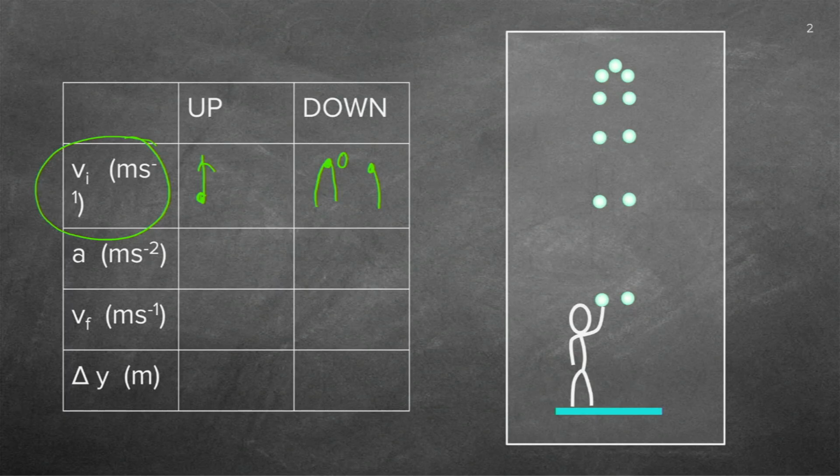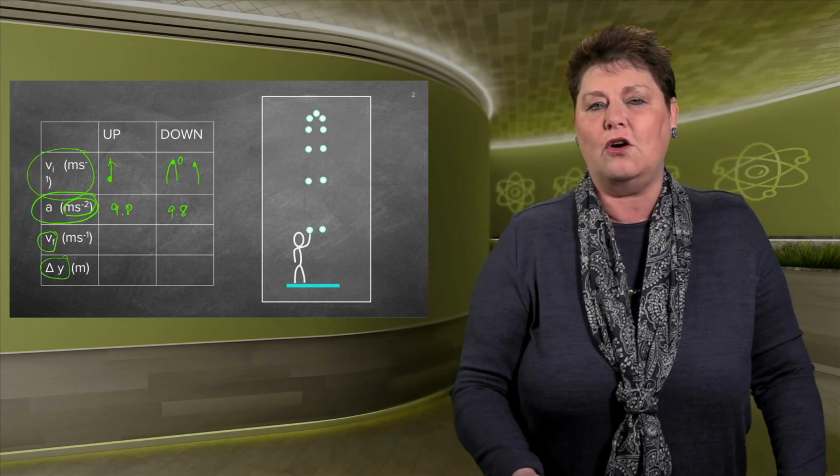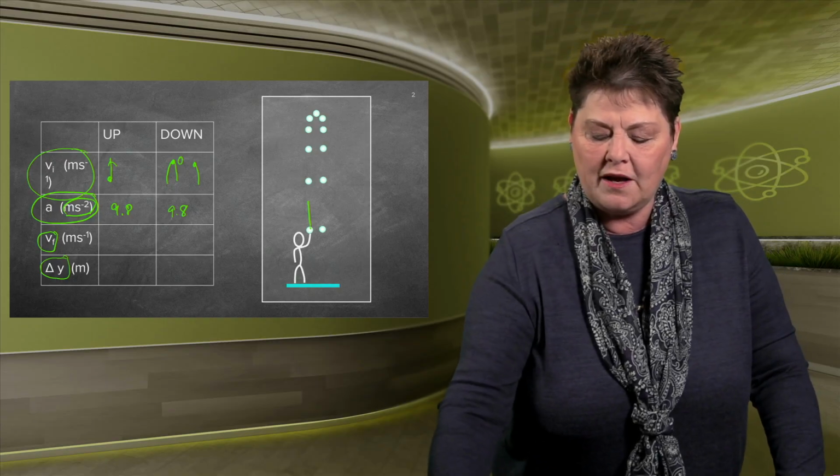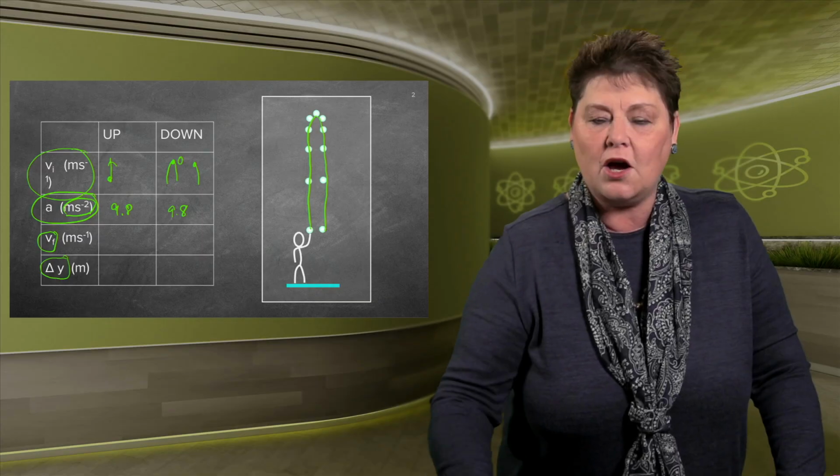So there are a few things that you have to consider when you read the question. Remember, in all cases, up and down, the value of the acceleration will be 9.8. And remind yourself what the unit will be. Then the final velocity depends on the motion, and we'll see how we're going to calculate that. And remember, we are working with the y-axis, which is delta y, and not delta x, as we did in the horizontal.